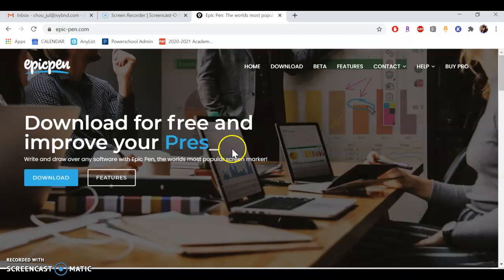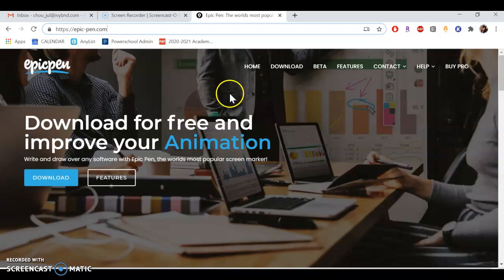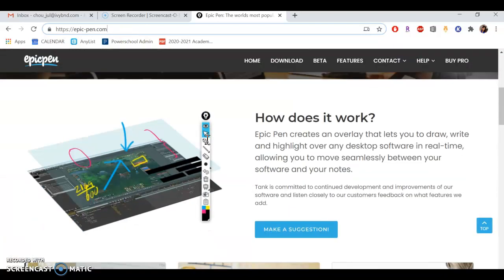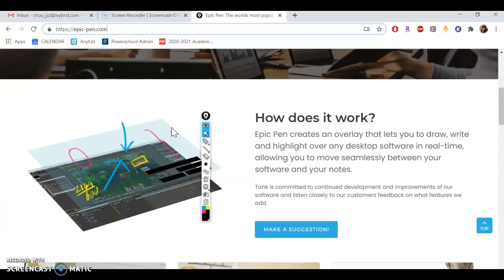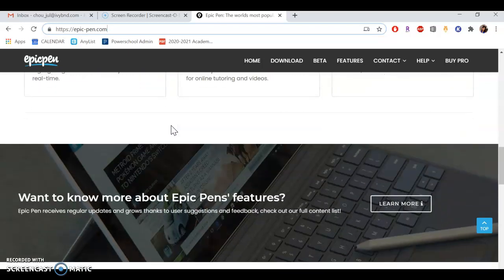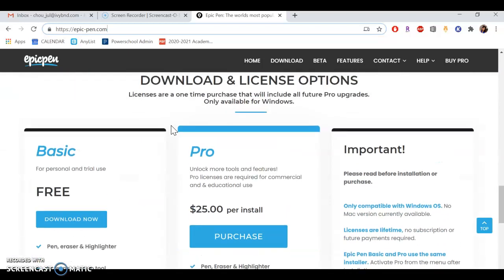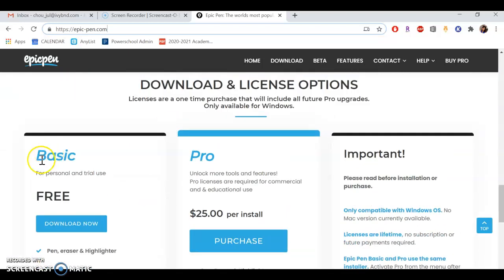In order to download Epicpen, you're just going to go to epicpen.com. And once you are prompted to the page, you're going to scroll down instead of going to the download directly here, just because we want to make sure we get the basic version. So scroll down all the way until you see the different options, and go with the basic one that's free